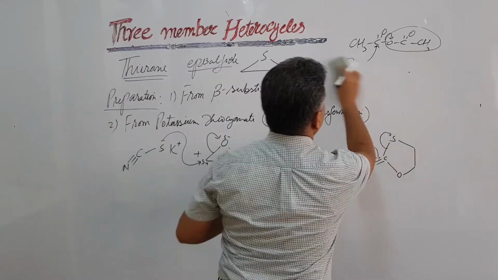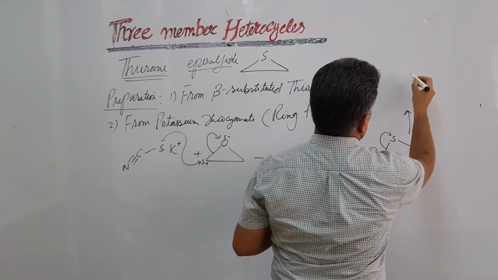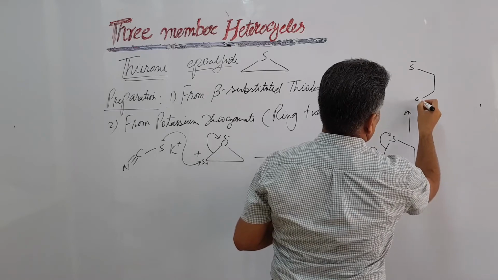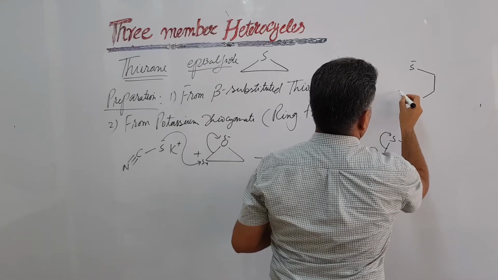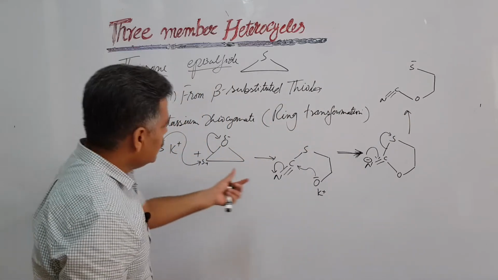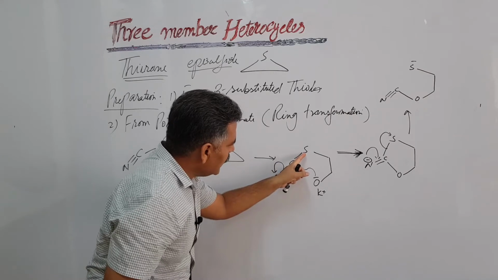So we have S negative, O and C N. So here you can see that this C triple bond N detached from sulfur and then